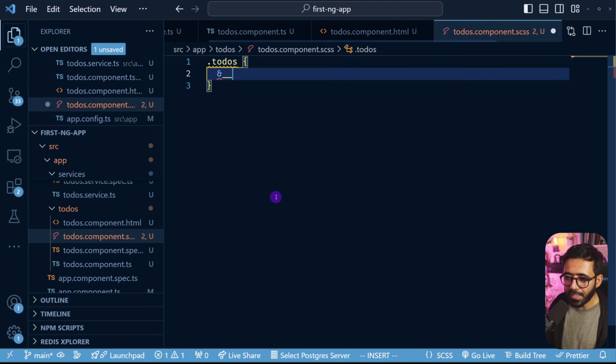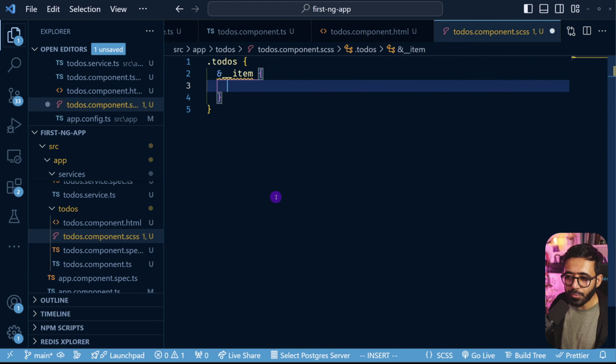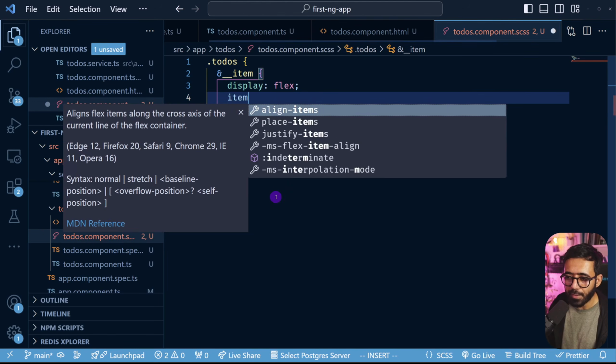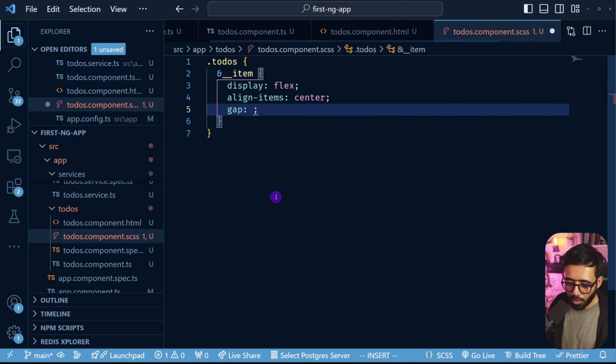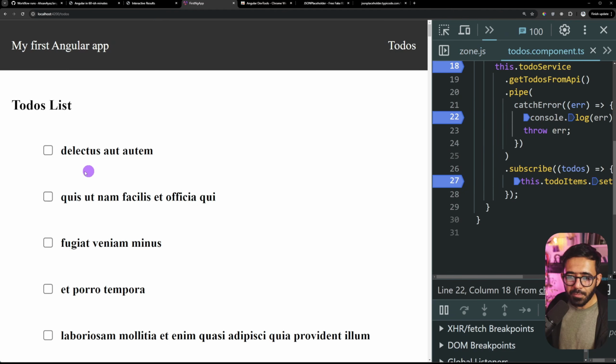So to-dos, and here we can say item. And inside here, we're going to say this is going to be display flex. We are going to have align-items center. And we are also going to have a gap of 8 pixels. If we look at the to-do items now, they look pretty nice, and I need to be able to click here,